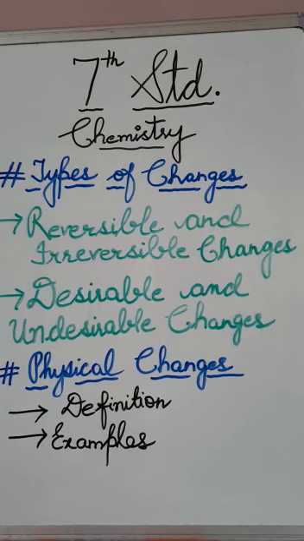This is the introduction of the chapter, the first paragraph, first column, students. Changes are an integral part of nature. They take place every moment around us. Common examples are the melting of ice, freezing of water, ripening of fruit, the digestion of food, and the growth of plants and animals. So they have given a few examples randomly here. In this chapter, we will learn about changes systematically. Systematically means on the basis of some rules and ideas, the changes are grouped and classified, which we will be reading one by one.